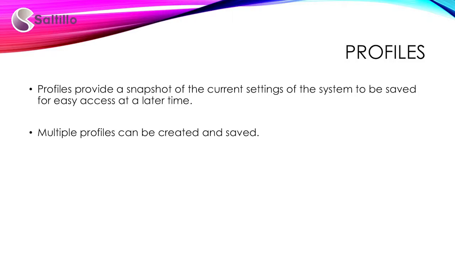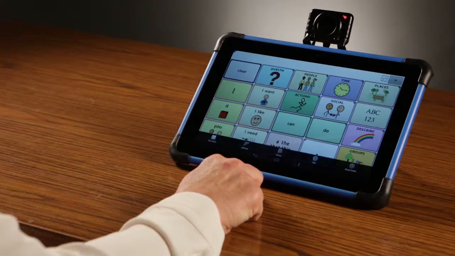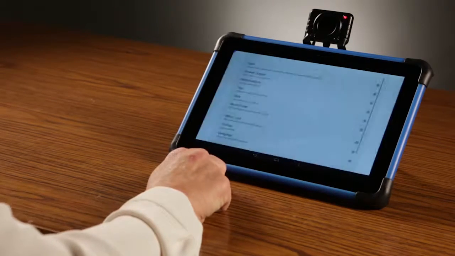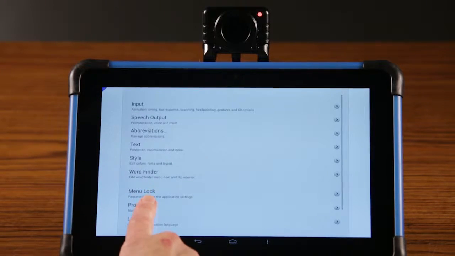Profiles. It is going to be important to set up a profile with the desired settings once you get them where you want them. You can save multiple profiles for various users, access methods, and settings. You will first create a profile for the user with their settings. Go to Menu, Settings, Profiles, New,